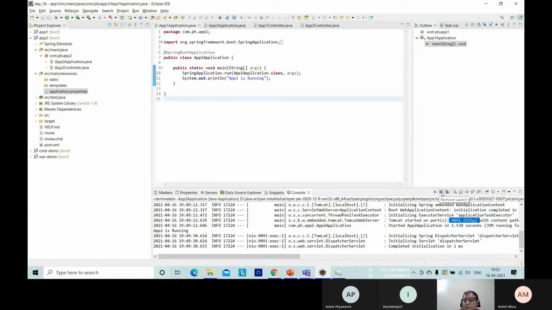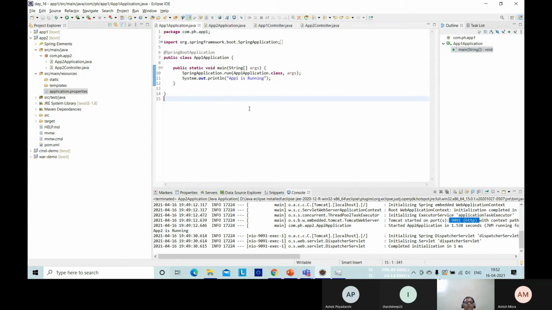Everything is terminated. Remove launch. Okay. Now both the applications are running.